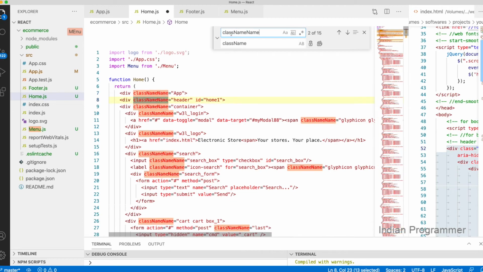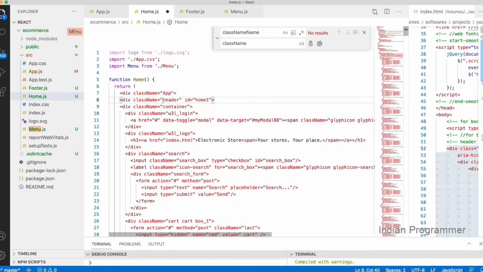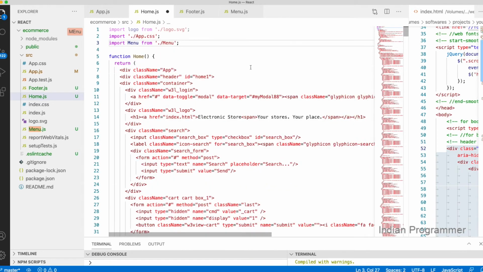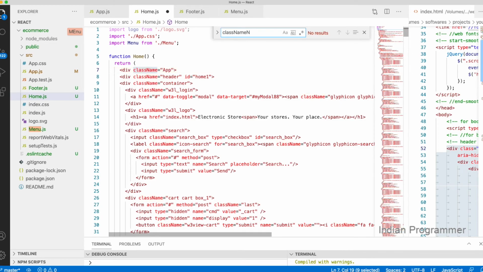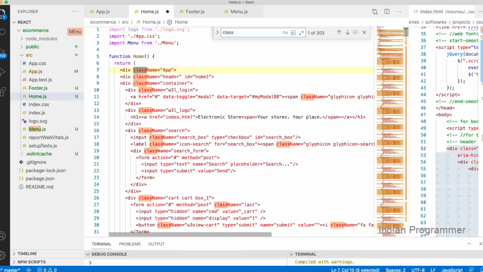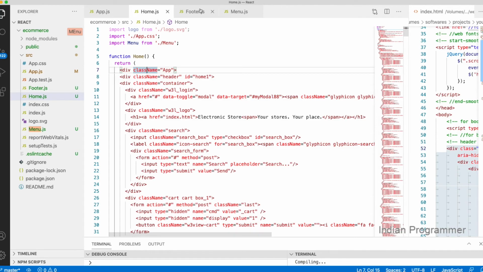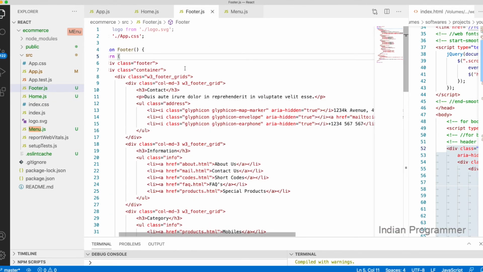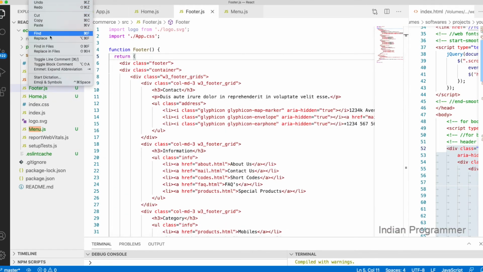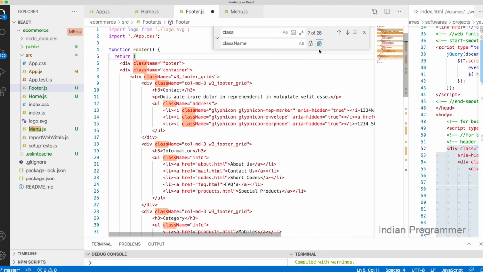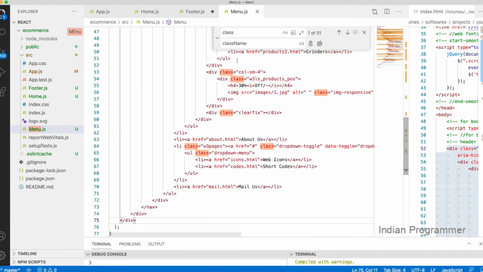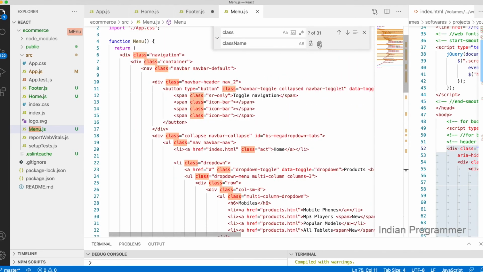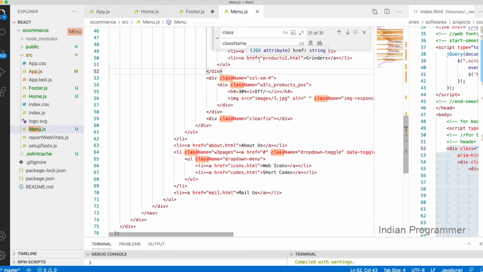Okay, what I want is done, right? Okay, nothing is there. Class is the same. Okay, this thing again, and then for this page also I will replace class with className. Replace all, done. In app there won't be any changes. In the menu.js also I am replacing all these things. Correct. So I'm just saving the file.